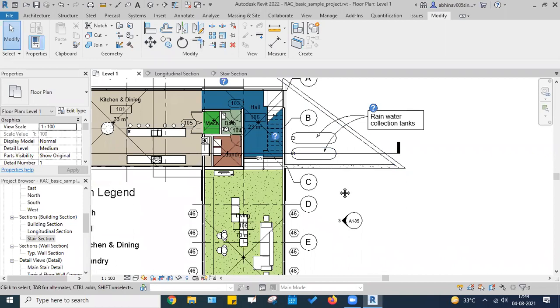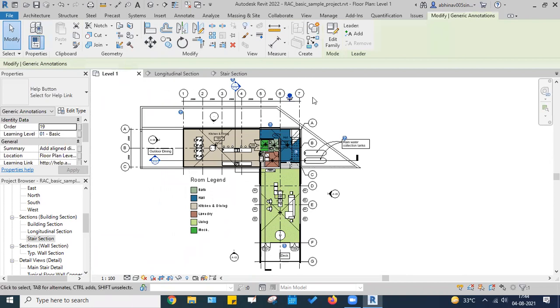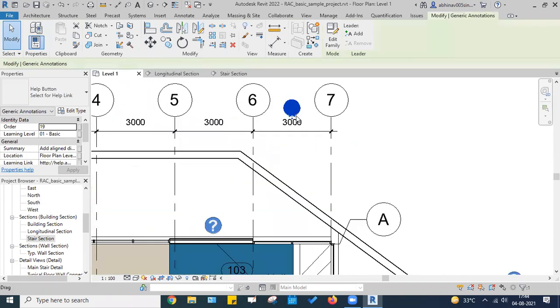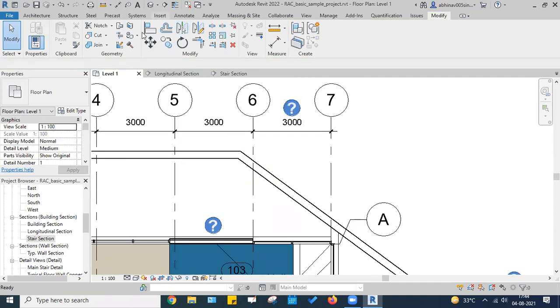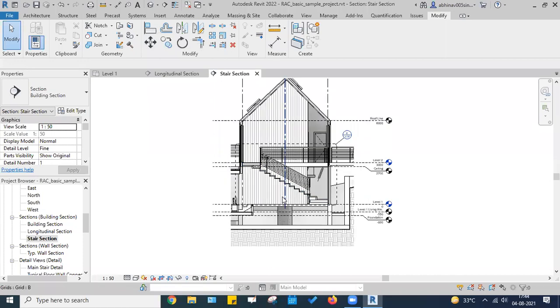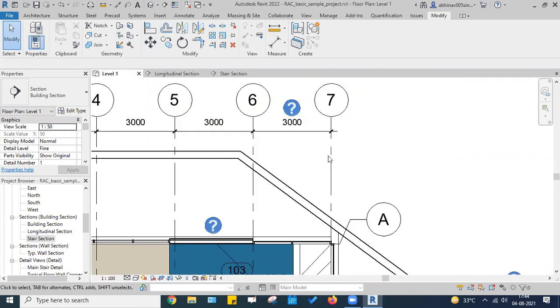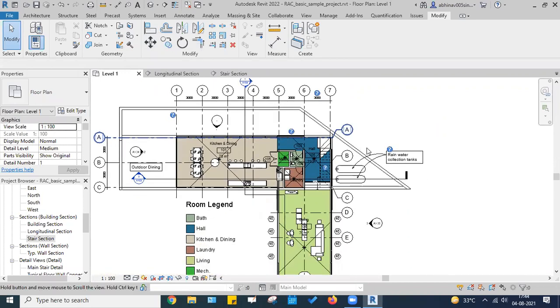So I think the stairs section they've just shown this way only. And what is that? No. Okay. So let me go to stairs section, and there it is, stairs section. So this is the stairs section which is showing you the stairs. And I think this stairs section is shown by,